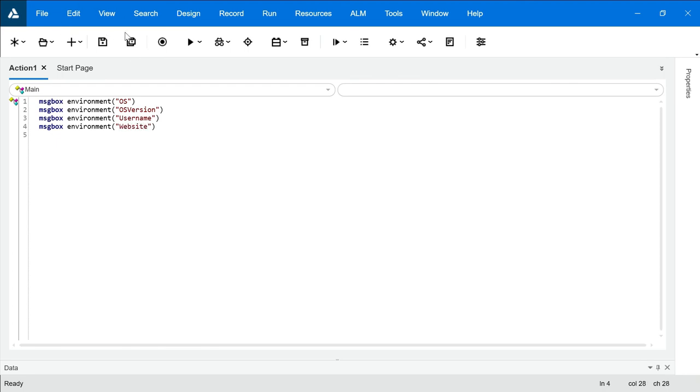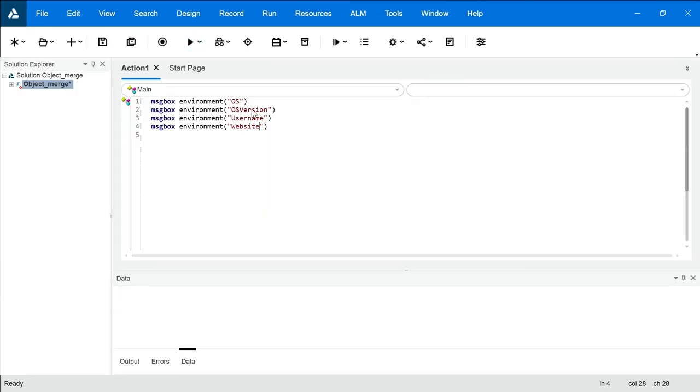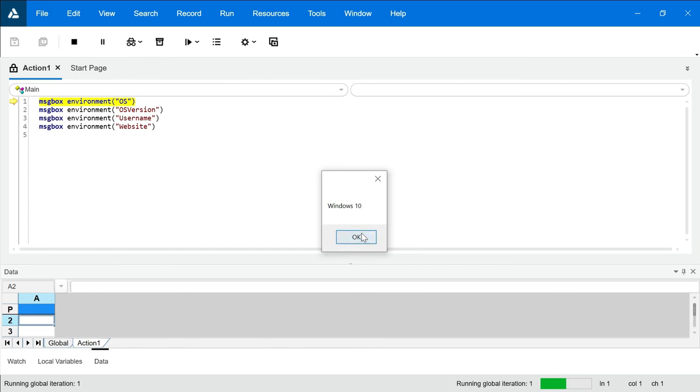Let's see how it works. So we'll click on run. The operating system is Windows 10. I'll click on OK. The operating system's version is 10.0. I'll click on OK. Look at this. Username is ABC. I can click on OK. Website is www.royshans.com. So I'll click on OK.